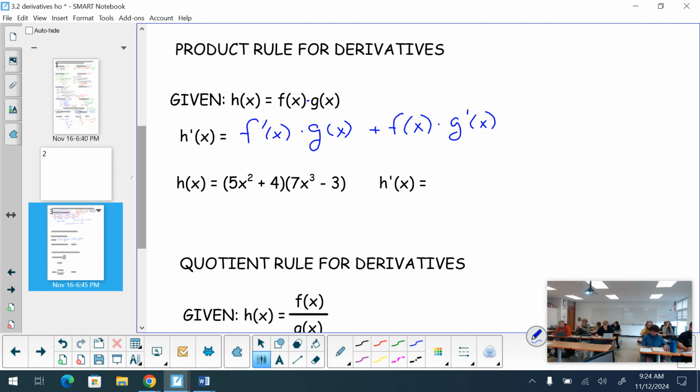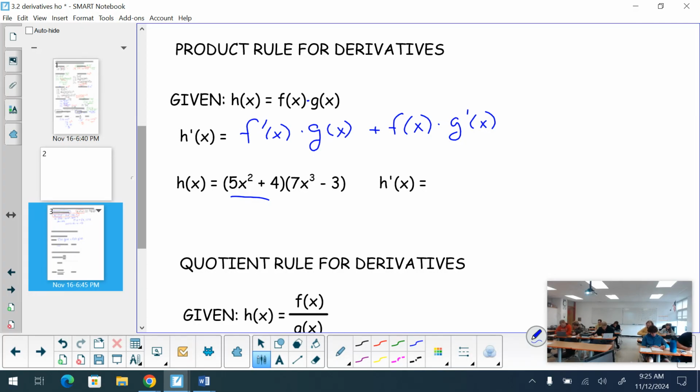We can utilize the product rule to be able to find our derivative, which is the derivative of our first term, 5x squared plus 4. So take the derivative of that first term, 5x squared plus 4, and multiply it by the second term, which is 7x cubed minus 3. You don't do anything with the second term, you just leave it alone. Derivative of 5x squared plus 4